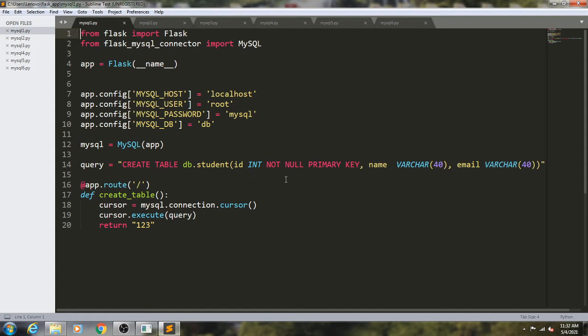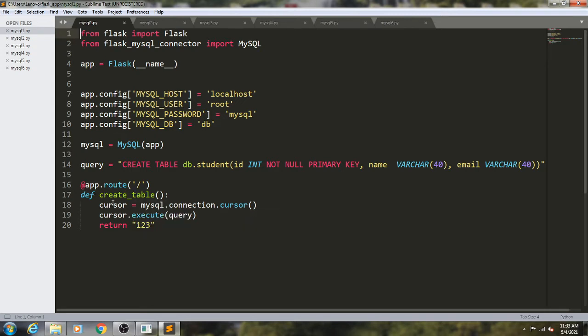And we have already seen this ID is having two types of constraint. First one, it should not be null, we cannot leave it empty, and the second constraint is primary key. So we should not duplicate the values, we cannot repeat a value for ID. So we have given the primary key constraint here. Okay, so this ID is having two constraints, name is there, email is there, and one function is associated with this, create table.